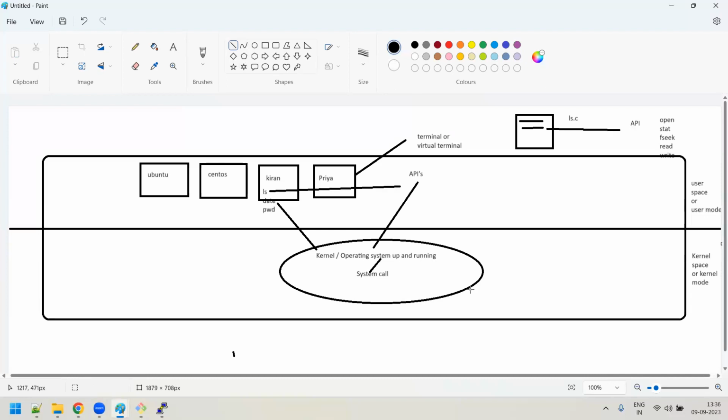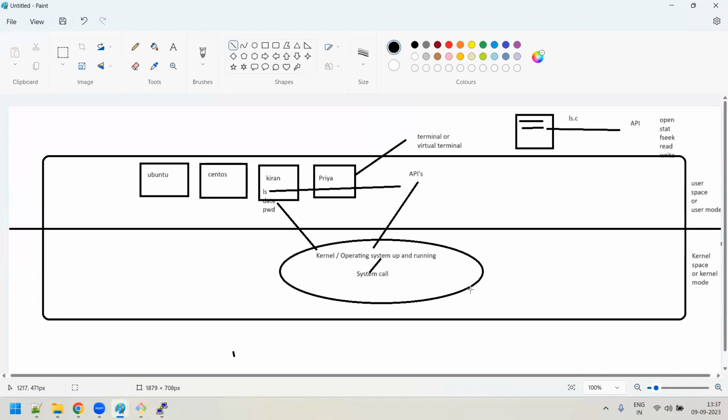Sir Rajesh, is the whole kernel nothing but the implementation of all the system calls? Yes, sir, it is nothing but the system calls. But you said the kernel has 5 subsystems like network management, process management, file management. Yes, those are all the models, but those models are internal. They are implemented with the help of system calls. So at the end, some kind of system call routine is getting called. So the entire kernel is the implementation of system calls.